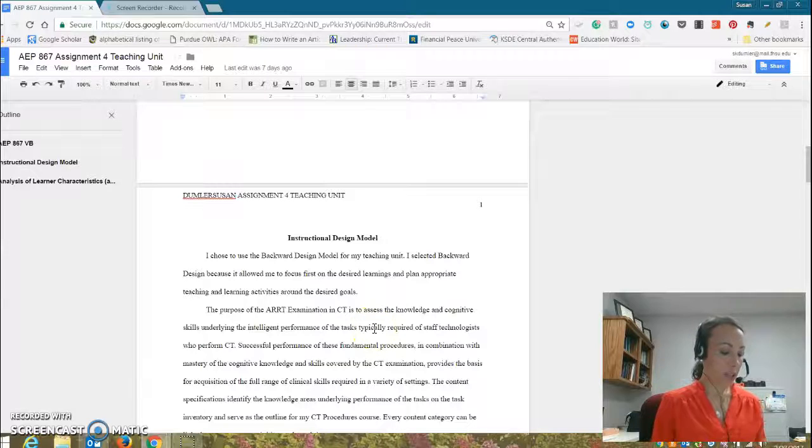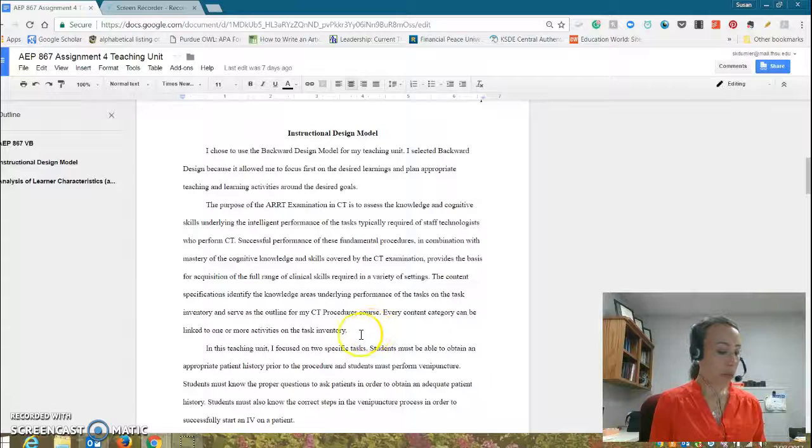I do feel that the tasks yielded appropriate evidence of identified understandings. The tasks that I focused on in the teaching unit were that the students must be able to obtain an appropriate patient history prior to the procedure, and the students must perform venipuncture. The students must know the proper questions to ask patients in order to obtain an adequate patient history, and they must also know the correct steps in the venipuncture process in order to successfully start an IV